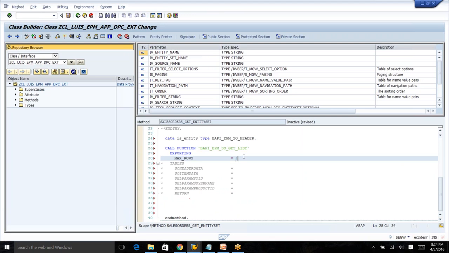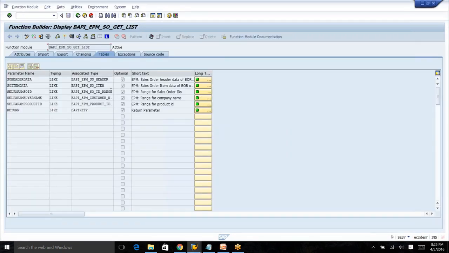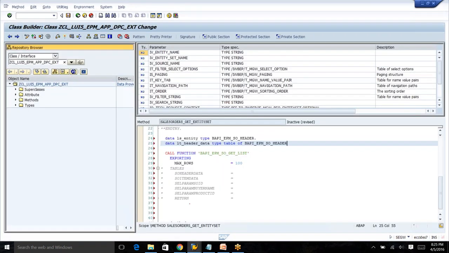And for S4 header data LT, I'm going to define an internal table. And I'm not going to